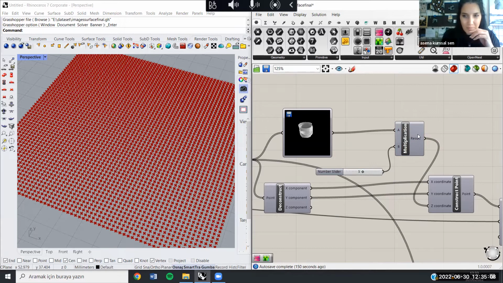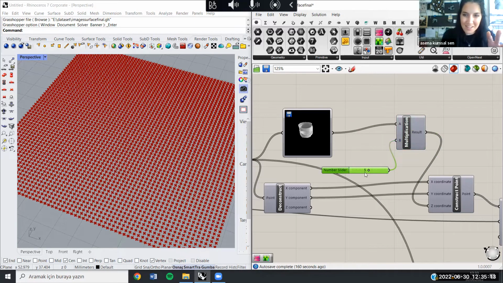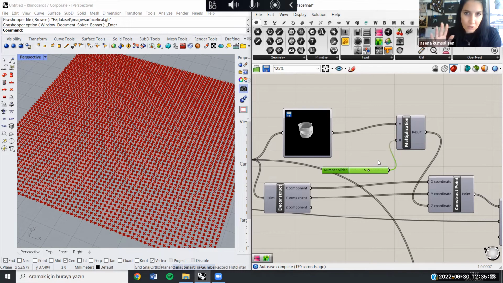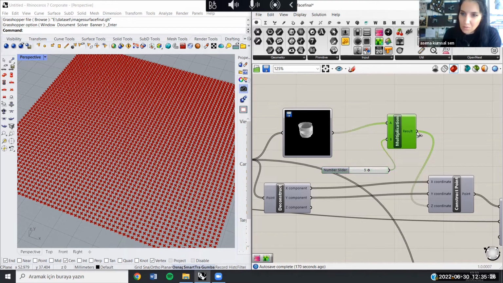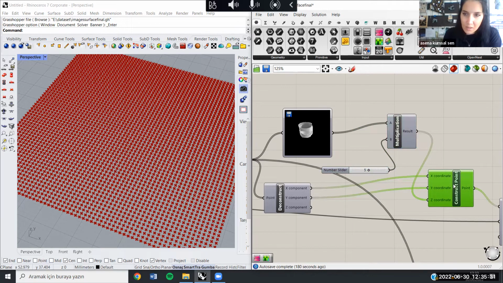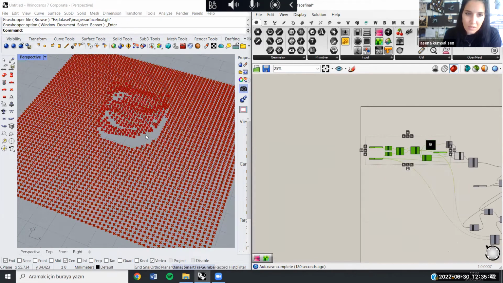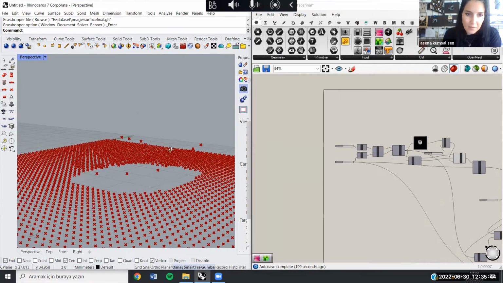That's why I make a multiplication, and since my computer tends to crash, I keep it like 5, but according to the size of your grid and image, of course, these numbers can change. I think you all know the drill. So I take this multiplication output as the Z coordinate of my new point set. So after I do this, let's close the eye of these parts. So after I do this, as you can see, I have